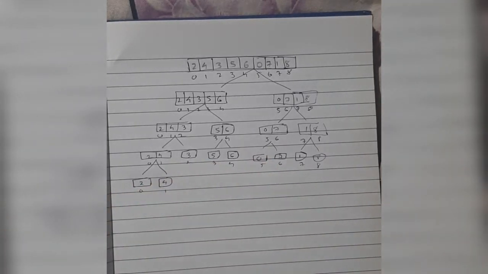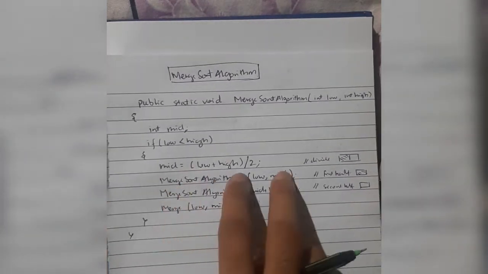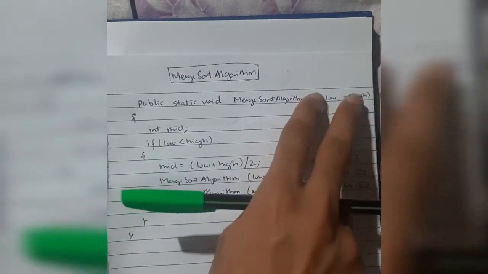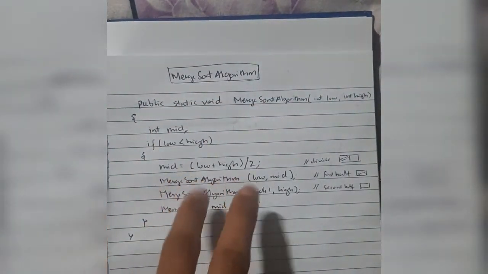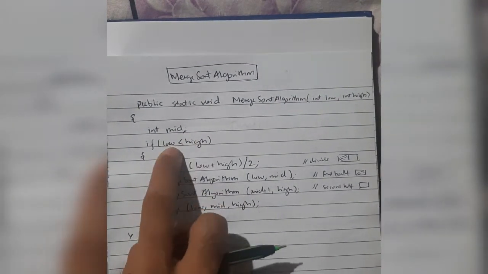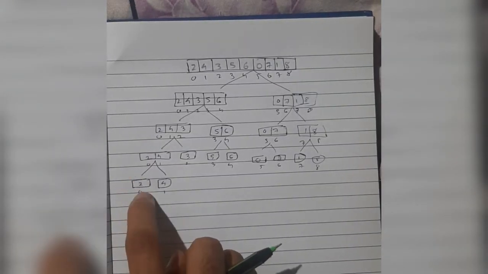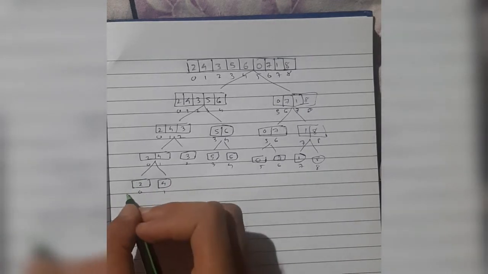Let's see how that happens. What we do is, the first one will divide into two parts and send here. This one will be received by this function. Here again we will do the same thing. We will calculate mid and divide into two parts. Again we will do the same thing. Till how long can we do this? Till low is less than high. When low becomes equal to high, low is this and high is also this. At that time no more division will be possible, so here we will be stopping.